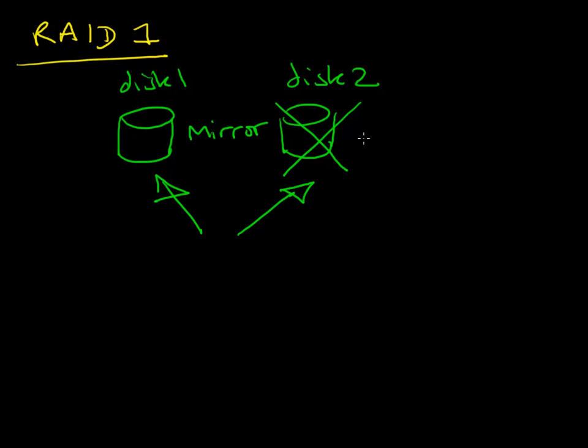So all that has to happen when I have a failure of a disk is I just take this disk 2 out of the system, and often there's a slot inside the server so I can just pull the thing out, take disk 2 out, and then I replace it with a brand new hard disk, and then it will copy all the information from disk 1 onto the new disk 2. And now if disk 1 were to fail, it can use the new disk 2, or whichever one fails first, we just pull that one out.